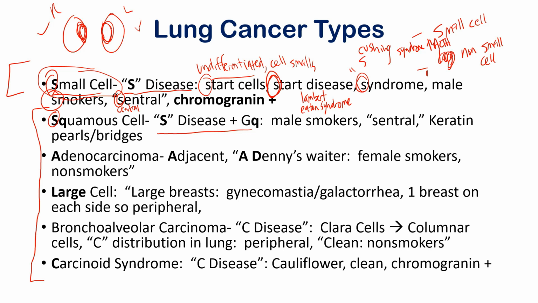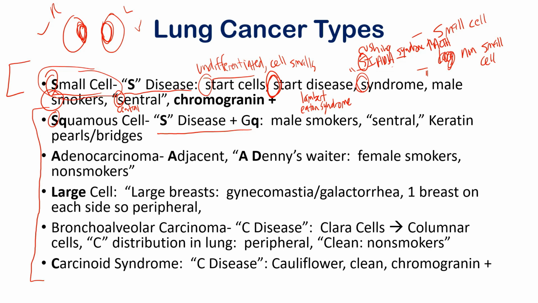Another example, syndrome of inappropriate ADH. See, there's the syndrome again. This is going to be an inappropriate constant secretion of antidiuretic hormone. So think of all the ways that would present. This disease is going to have all of these types of syndromes associated with it, except for one. The one that is not associated with small cell lung cancer, but is associated with squamous cell carcinoma, is going to be